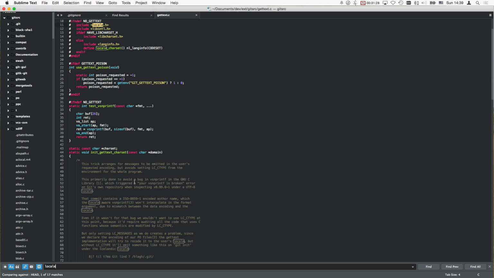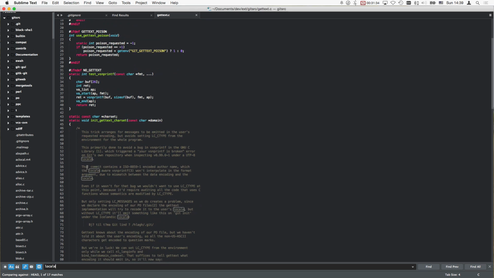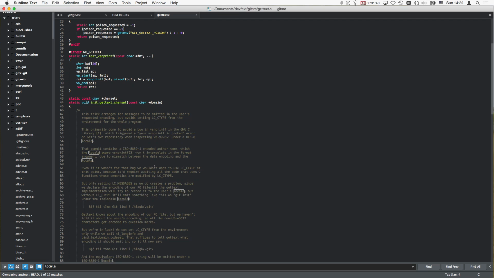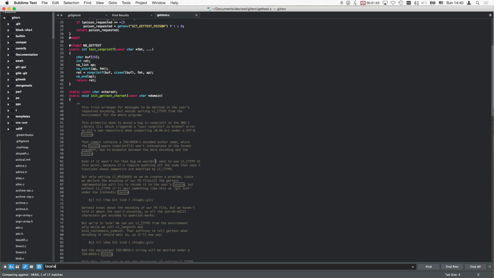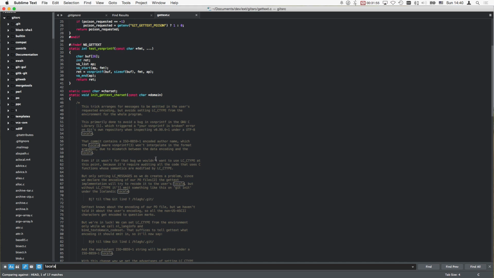This is primarily done to avoid a bug which is triggered if your commit contains ISO encoded author name. Yeah. Even if it wasn't for that bug, we wouldn't want to use LC C type at this point because it would require auditing all the code that uses C functions whose semantics are modified by LC C type. All right, but only setting LC messages as we do